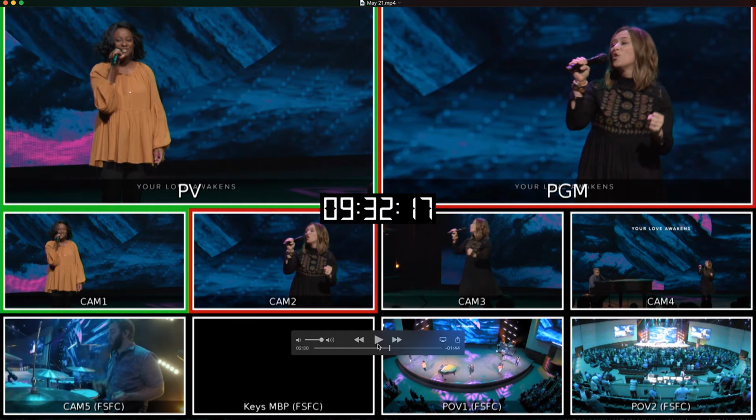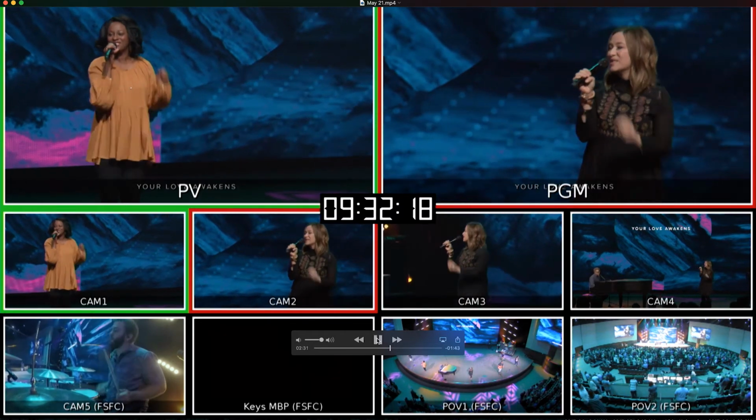Now, we don't want to switch too fast, obviously, but when we hit a bridge like this, we want to make sure we're matching the tempo of the song with our cuts. And so when we're playing through here,